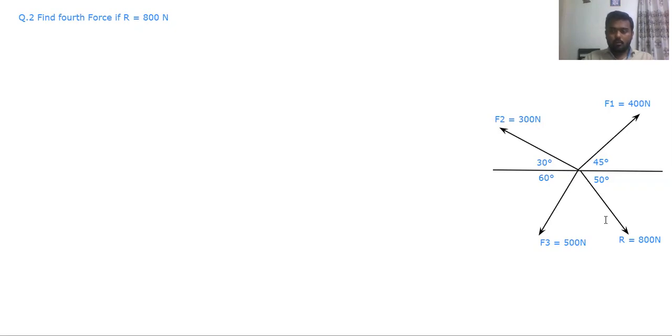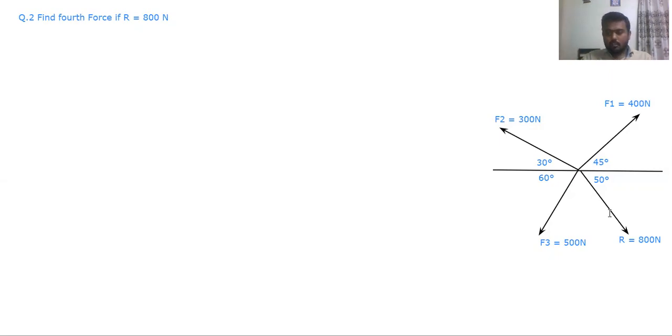Now we can say there is a standard operating procedure, or standard solving procedure. First resolve the forces, then find the summation of Fx, summation of Fy, then the square root of Fx squared plus Fy squared. So all this formula. Now here the resultant is given, so we have to go in reverse order, reverse engineering. Reverse engineering means from Rx or sigma Fx to F4, sigma Fy to F4, like this.